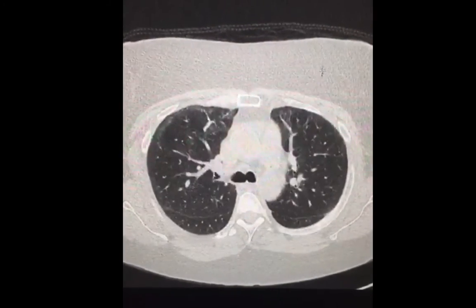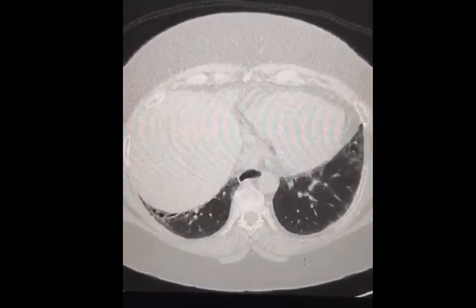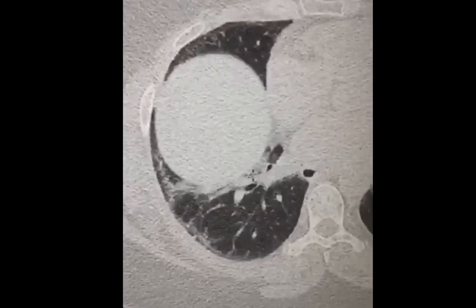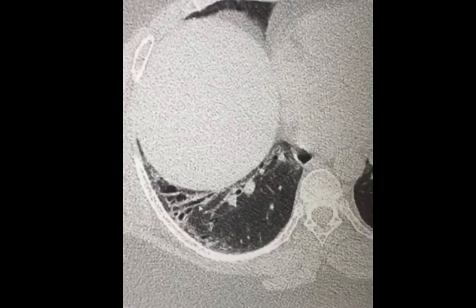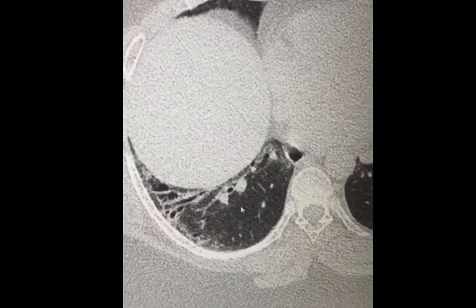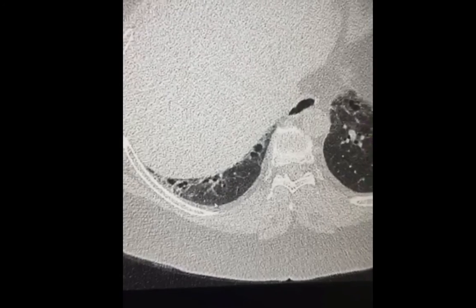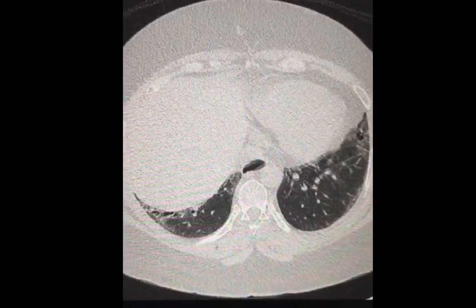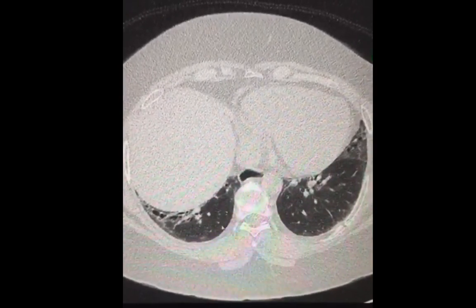This is the CT scan of the same patient. The CT confirms the presence of bilateral peripheral predominant, reticular, and ground glass opacities. Expected associated traction bronchiectasis is also noted in an overall appearance that suggests an element of fibrosis. Note that the subpleural space is relatively spared despite the peripheral location of the abnormality. The presence of ground glass opacities in addition to reticulations, along with the subpleural sparing, is in favor of